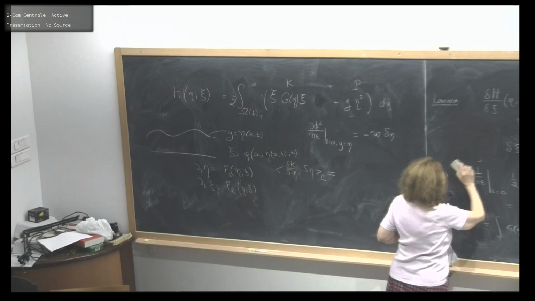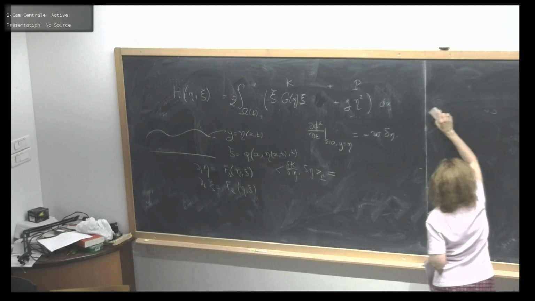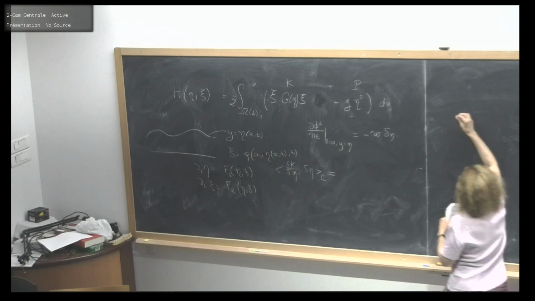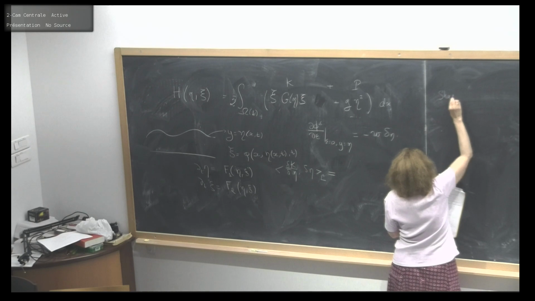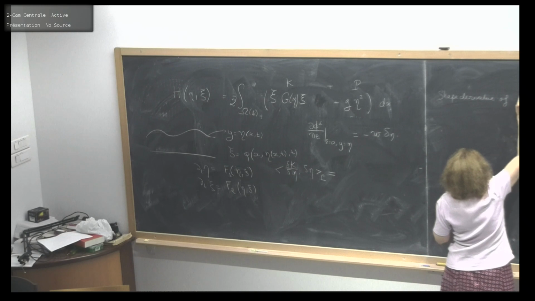And so what is missing in this chapter 2, section 2 of my plan? There are several things. So let me write what I would like to finish for this chapter 2, and comment on what we have done and what is not done. So from this calculation, I would like to interpret the notion of shape derivative of the Dirichlet-Neumann operator.